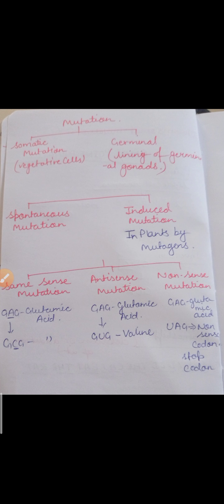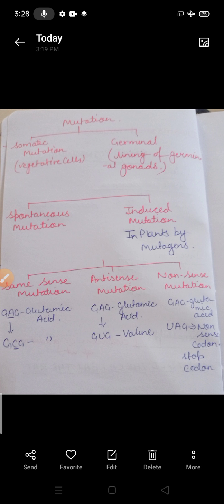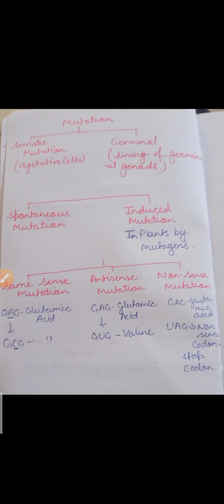Second type of classification is spontaneous mutation and induced mutation. Spontaneous mutation can happen with the mutagens also, but induced mutation, as I told you, in case of polyploidy in plants, I have told you in case of wheat, in case of cotton. Clear? So these two are the examples of polyploidy. At that time also mutation gets to be induced. वो म्यूटेशन इंड्यूस किया गया है क्योंकि नंबर ऑफ सेट ऑफ क्रोमोसोम बढ़ा रहे हैं. क्लियर? For the welfare of humans, to make new varieties, we are using mutagens, and this type of mutation is induced, meaning human interruption is required in it. So that time it's known as the induced mutation. Or another one is spontaneous mutation.